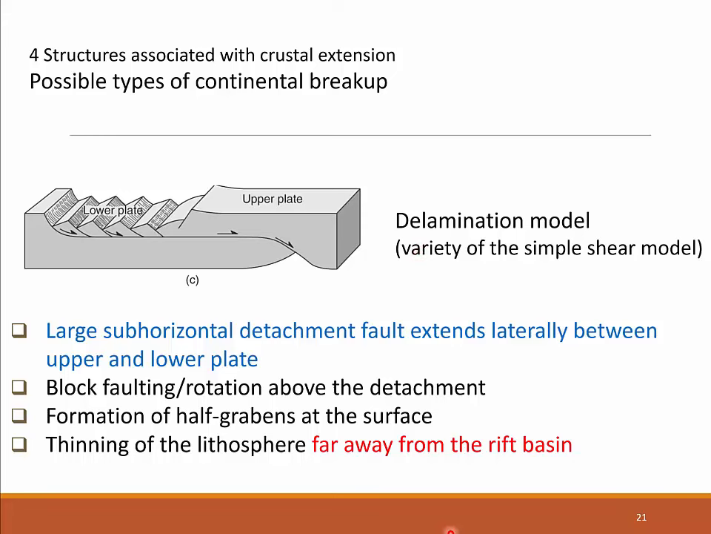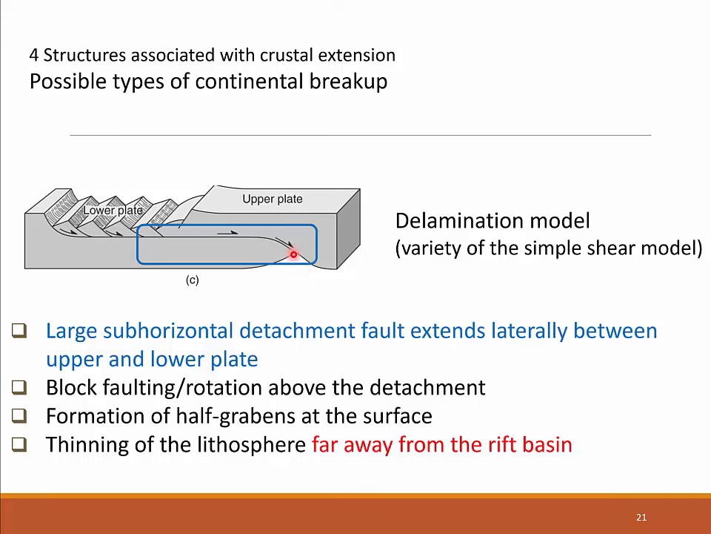Here we see the delamination model, which is very similar to the Wernicke model. Again, we see the unilateral synthetic shearing forming the listric half graben segments in the main rift basin. But here we now see that there is a long horizontal segment of the detachment underneath the upper plate, and that separates the rift basin from the area